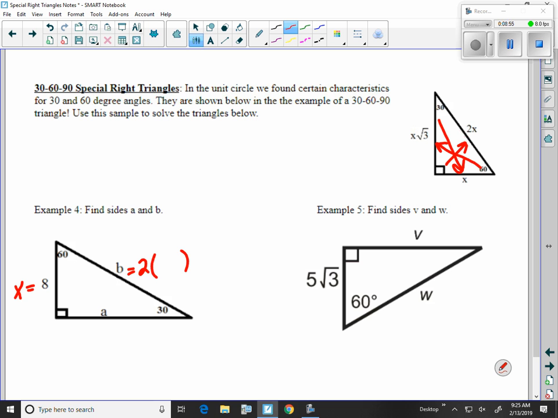So we're going to do 2 times 8, which is 16. So you're just matching up the sides. That's all you're doing here. Okay, a is obviously x square root of 3. What's x again? 8. So it'll be 8 square root